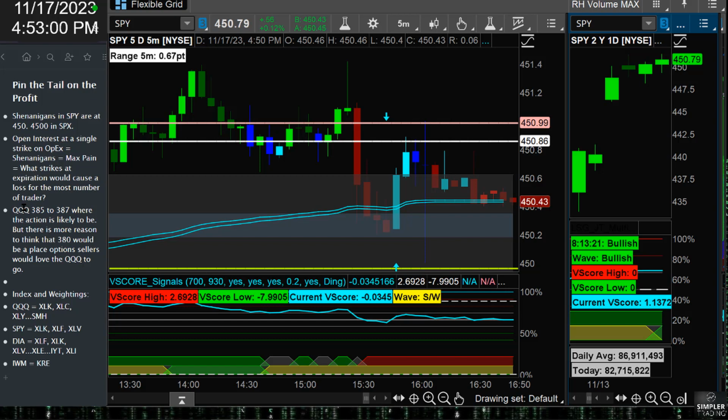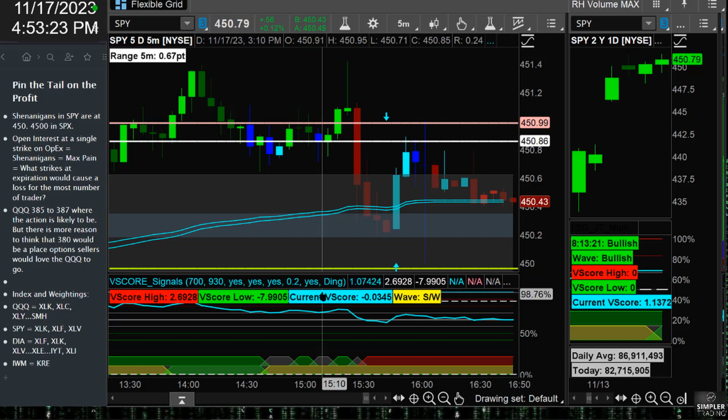This is the kind of day where, because of the massive amount of options expiring the third Friday of each month, we're going to have gravitational pull towards those thick open interest levels. Here's how we determined what those levels were going to be, and you can see this here in the notes. This was determined by about 10:30 a.m. this morning. All right, so first of all, shenanigans, right?